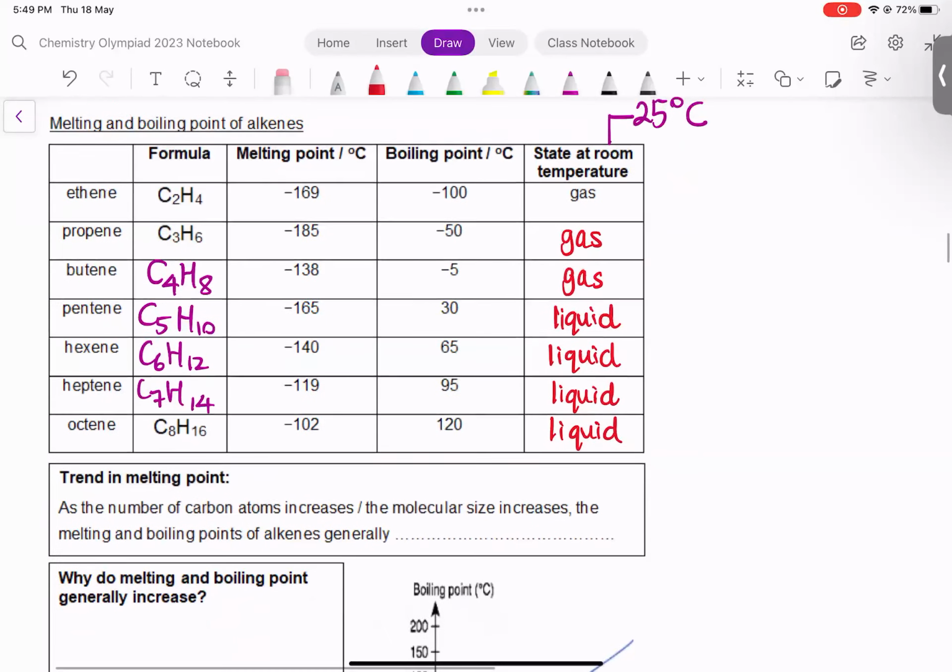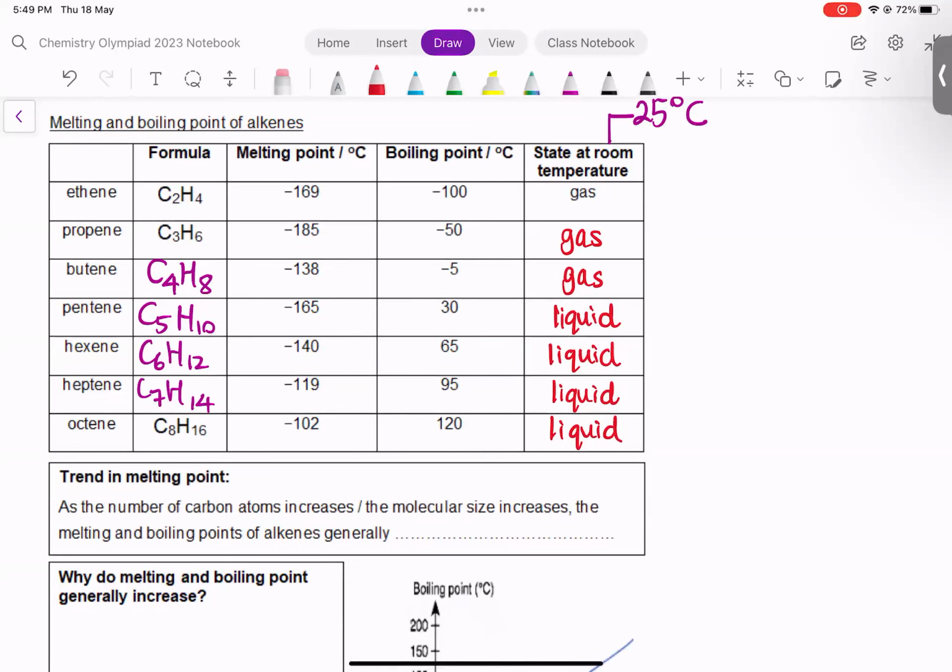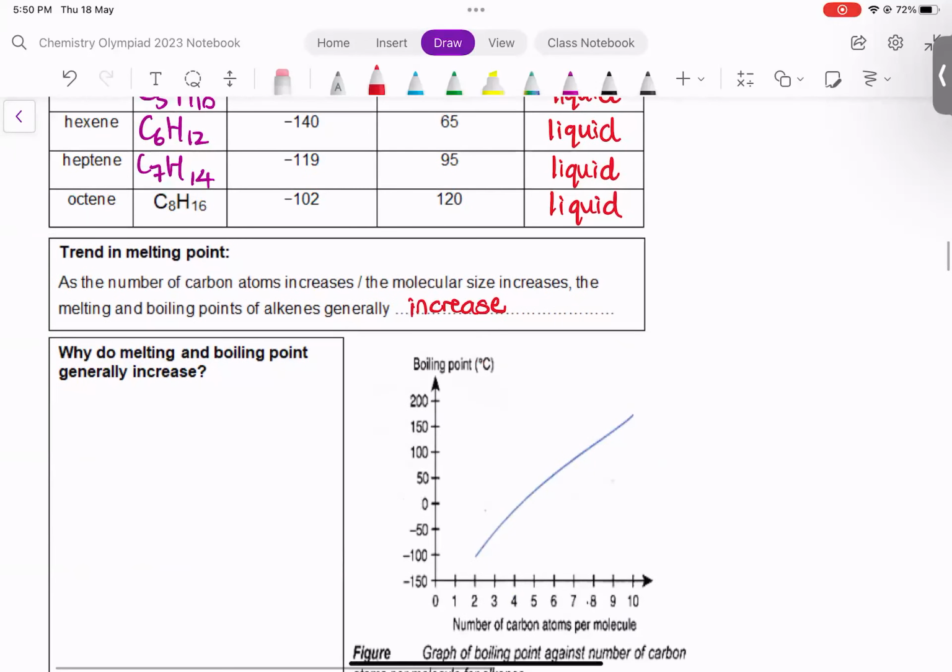So what can you see from this trend in the boiling points as well as the melting points? As the number of carbon atoms increases, the melting and boiling points both generally increase. And that's why the larger alkenes tend to be liquids or solids, whereas the smaller alkenes tend to be gases. All right. So why is this the case? Why do the melting and boiling points generally increase? This is because